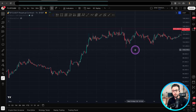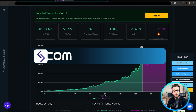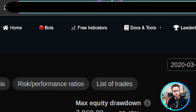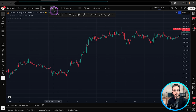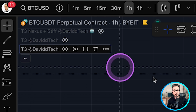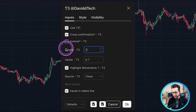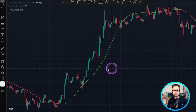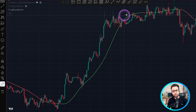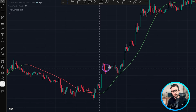It's based on all free and open source indicators, which you'll be able to find by going to davidtech.com and going up to the free indicators section up the top here. First of all, we're going to be adding the T3s. The T3 is going to be our trend direction. We're going to go over and set the T3 to a 25. Now the T3 is going to give us our trend direction. So when price is above the T3, we're looking for longs, and when it's below and it goes red, we're